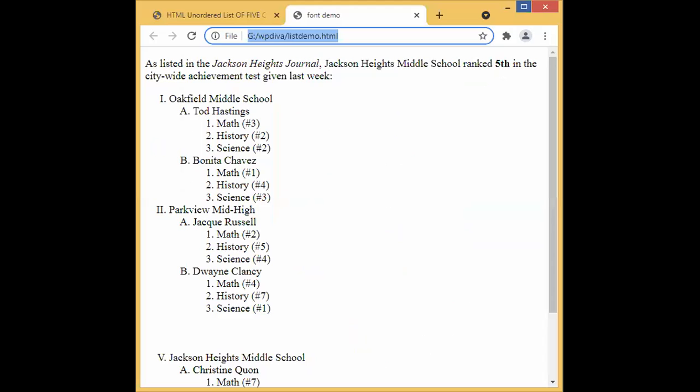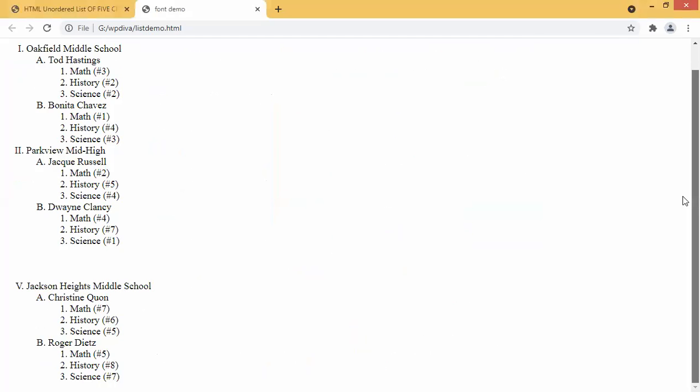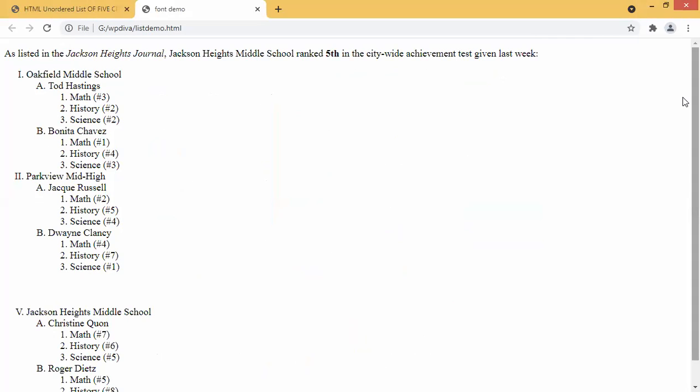See, this is the expected output, guys. This is the expected output of the nested list tag. Can you see how big the output is? But the code is very small. The technique is that you should know where to add the tags. Now I will first describe in detail the structure of this code.